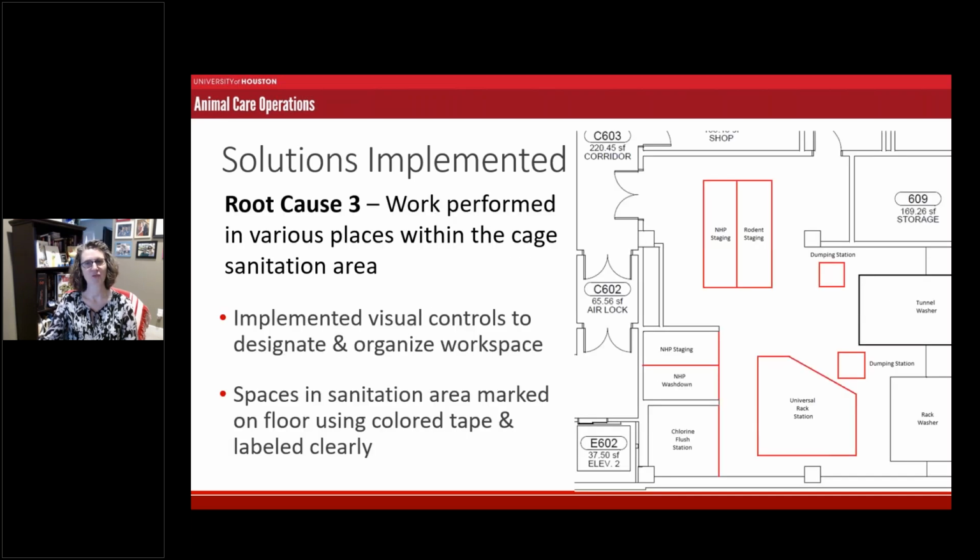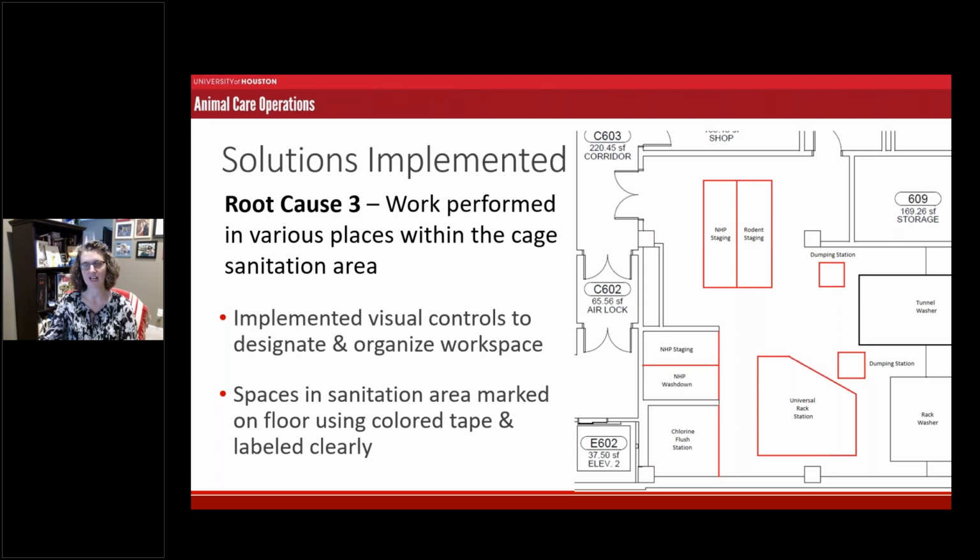The third solution was addressing the root cause in terms of work being done in various places, and occasional little mishaps would occur. So the idea is that we use a lot of visual controls here. Dr. Brammer had some great pictures of this before, but we use these visual controls to help us designate and organize the workspace within the cage sanitation process. And so you can now see the floor plan there on the slide, that in the sanitation area, we have marked places on the floor with colored tape that are labeled very clearly where different things are supposed to happen,